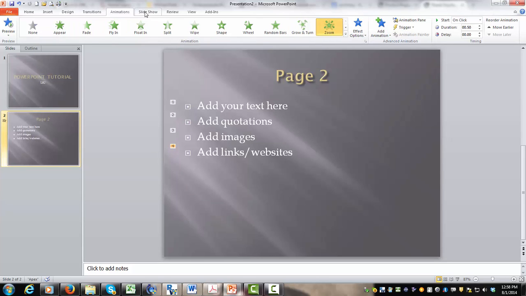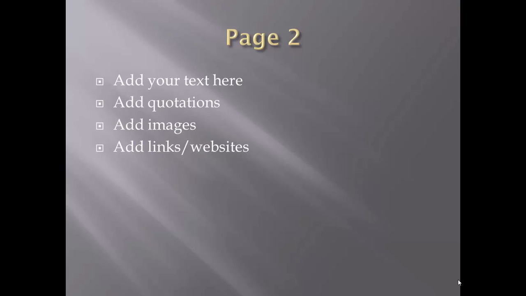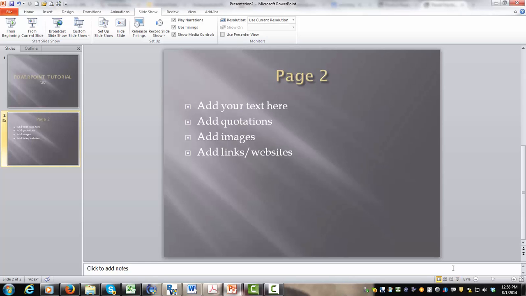Now I did the slideshow by clicking this tab up here and clicking from the beginning. You can actually use the shortcut key. My cursor goes down here to slideshow. Okay, and then I'm just going to click. That appears, that appears, that appears, and that appears. Okay, but if I actually want them all to appear the same way,